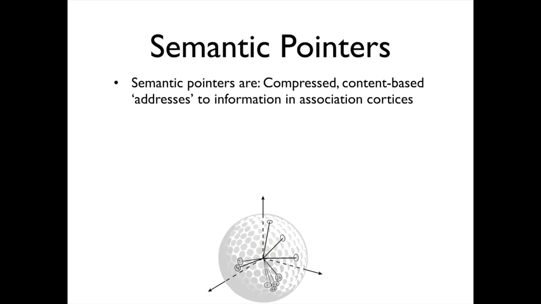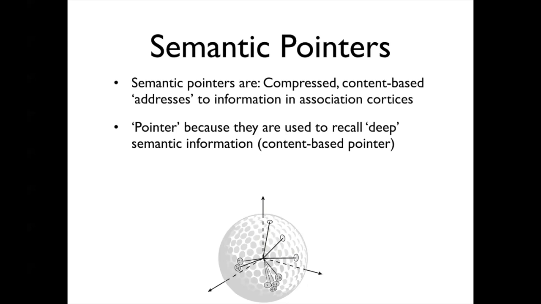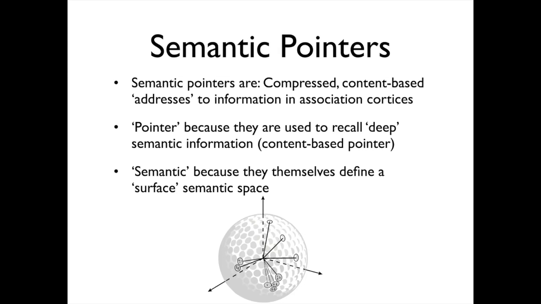Okay, so yes, as I just described, semantic pointers are these compressed content-based addresses to information in association cortices, just kind of generalizing from looking at the visual cortex in particular. As I mentioned, we call them pointers because, like a computer science pointer, we can use them to get at that big memory if we need to. That is, we can do a decompression or a dereferencing. But they're also semantic because they define a kind of surface semantic space. And that's what this golf ball is supposed to be showing down here, which we often refer to as the